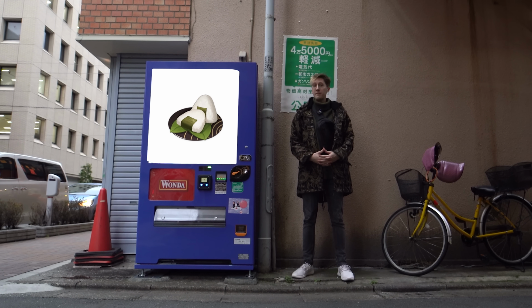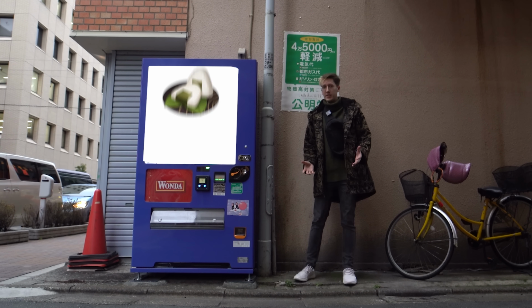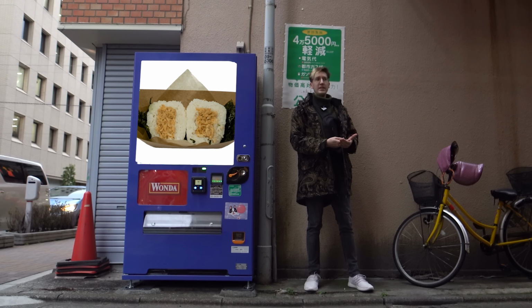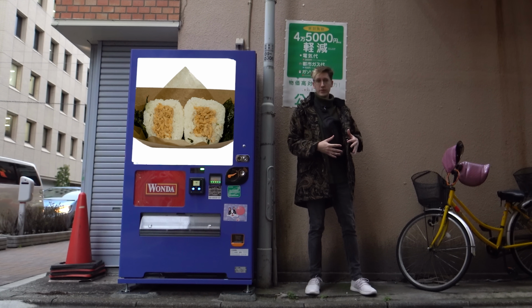Onigiri is the perfect finger food. If you don't know what it is, it's pretty much a rice ball with a filling, whether it's fish, meat, vegetables, or some kind of sauce. You can buy onigiri outside of Japan as well, but usually it's on the pricier side, and taste-wise, it's on the better side. For example, when I used to live in Estonia, I bought pretty much every single onigiri I